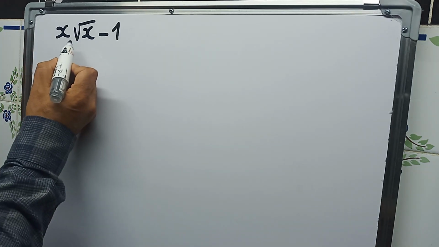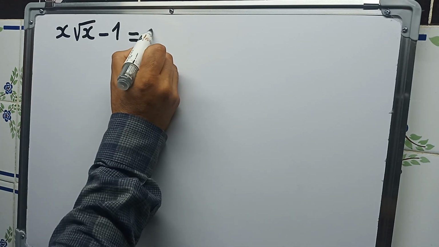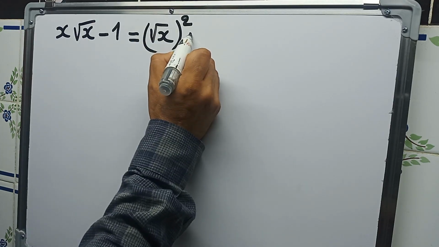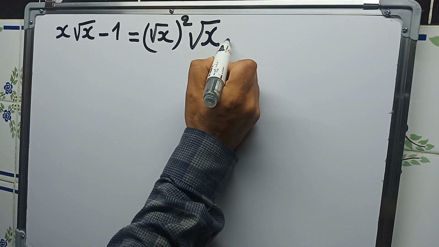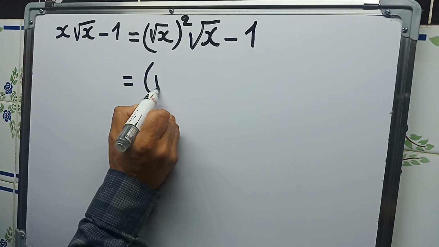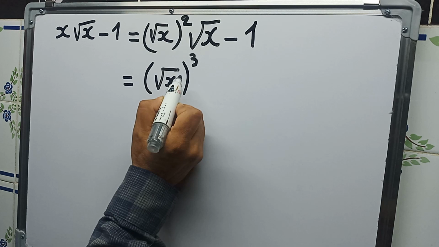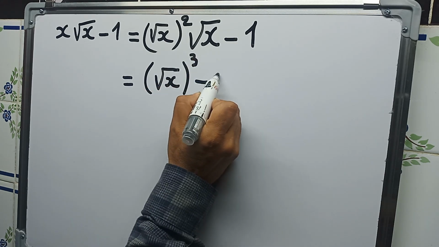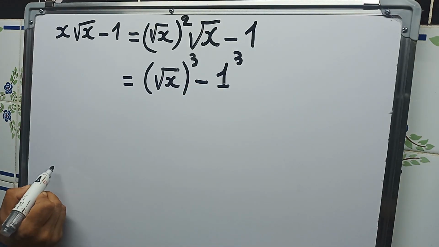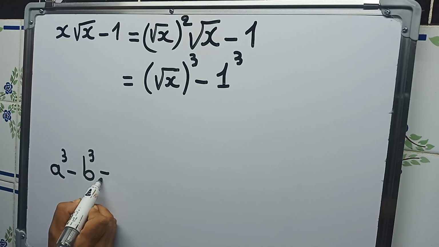Here we have x square root of x minus 1. It's of course equal to x is square root of x squared times square root of x, minus 1, and of course it's equal to square root of x cubed. Square root of x squared times square root of x is square root of x cubed minus 1, and here 1 is just 1 cubed, so we will use a cubed minus b cubed, which is equal to,